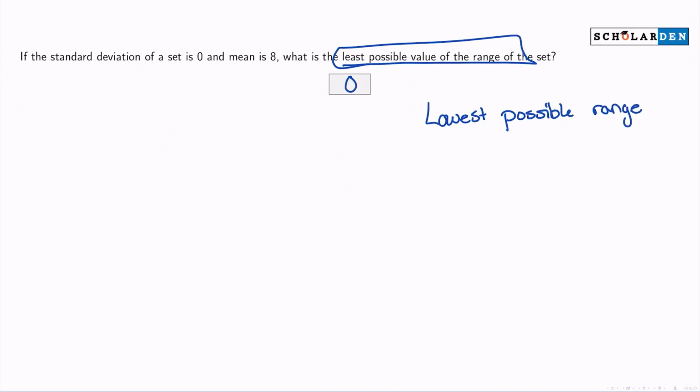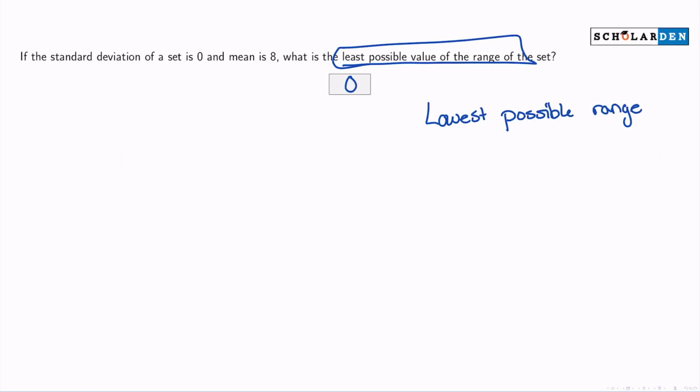All right, so think about it like this. First off, what's range? Range is the difference between your highest and lowest, or greatest and least, value in your data set. That's the difference between the greatest and least. Okay. Now,